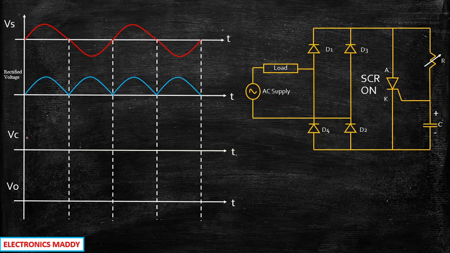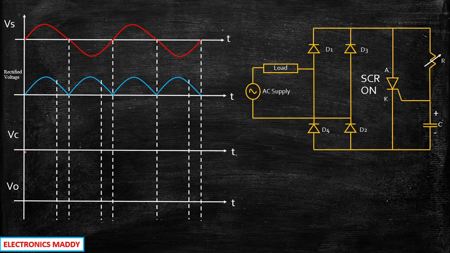Now what happens to the capacitor voltage? We saw capacitor starts charging with a positive voltage, isn't it? So the capacitor slowly starts charging during the positive half cycle, and once the gate voltage is provided, it clamps to 0, as I mentioned, because this path is basically short circuited. When it is connected to a parallel path which is short circuited, this will act as redundant and it will become equal to 0. Similarly, the capacitor charges to a polarity of the gate voltage and again clamps to 0. Similarly, this cycle repeats throughout.